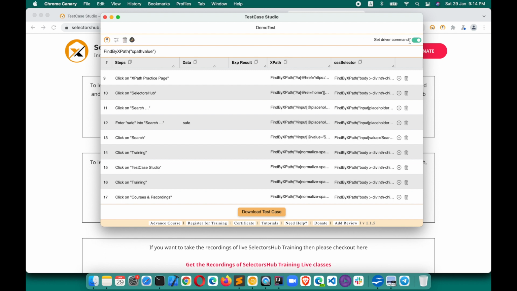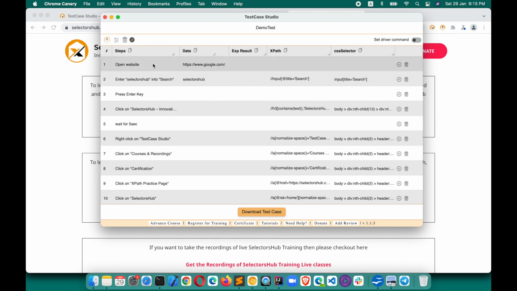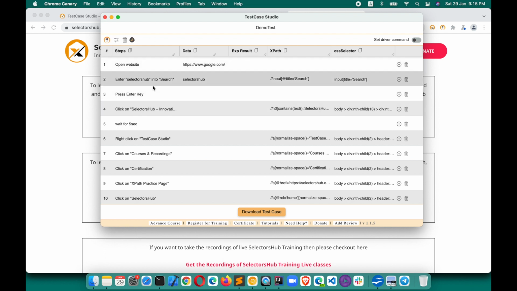This is not a play and record tool. Here we are recording the steps, so do not get confused that you can execute these steps. No, we cannot execute these steps in test case studio. As of now, when I'm creating this tutorial on 29th of January 2022, at this moment we can just record the steps, and while recording we can pause the recording and then resume, but we cannot execute these steps,